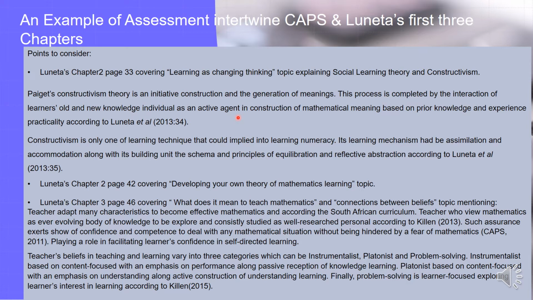So basically what they are saying in this statement is that Piaget's constructivism theory states that the child is in control of how they construct and generate meanings about the context or the mathematical concepts. The process, how that happens, is that the child will always refer to their prior knowledge to understand